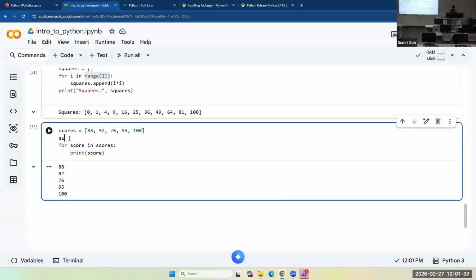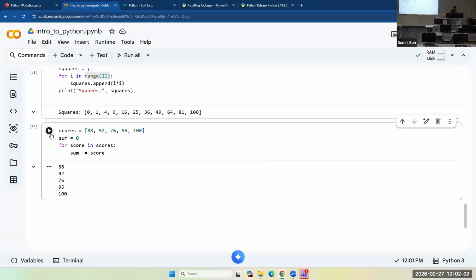And let's say you want to find the sum of all the scores that you get in all your subjects. You can start a sum variable with 0, and then use sum plus equals score. So you are adding score to sum every time.